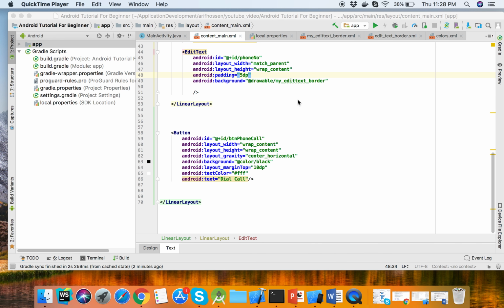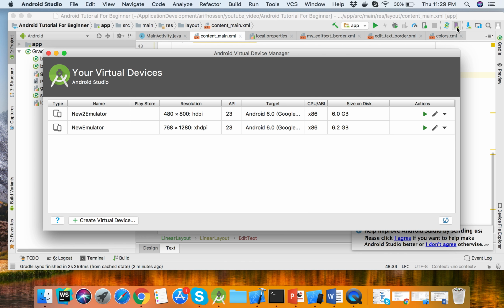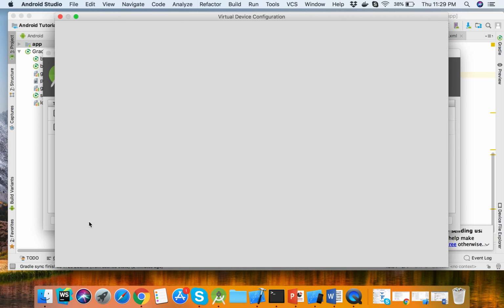So now I will show how we can create the emulator to run Android apps. Here is Android Studio, and you will see the AVD Manager icon, Android Virtual Device. Here is the list of emulators I have created earlier. Here you will see Create Virtual Device,